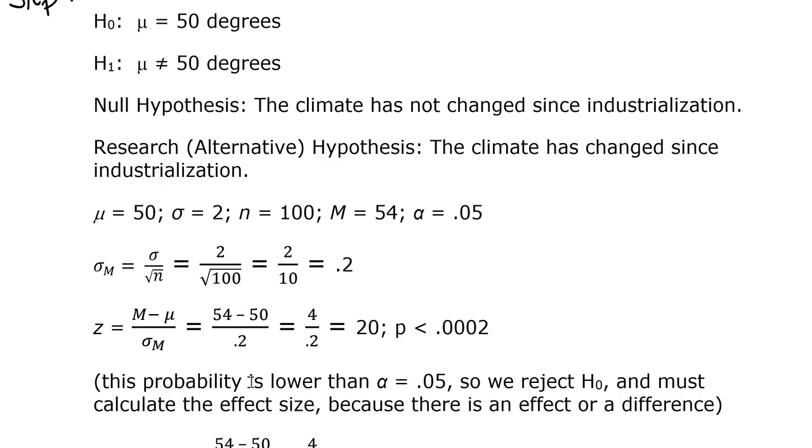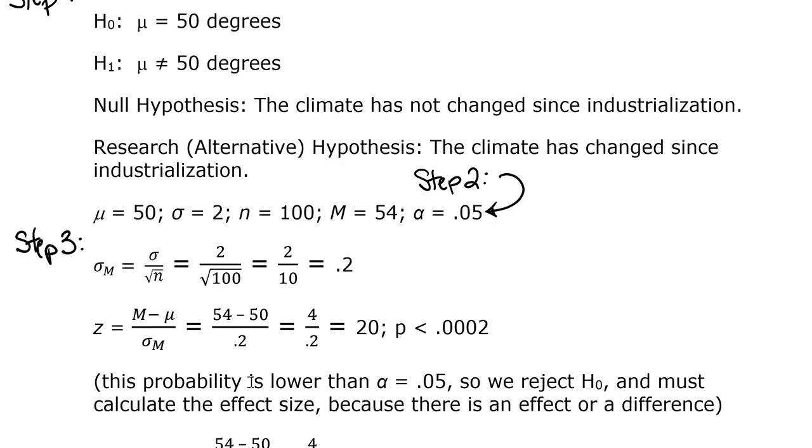So step 2, this is step 2, right? Set the criteria, which again is given to us with alpha equal to 0.05. So mu is equal to 50, sigma is equal to 2, n is equal to 100, and sample mean M is equal to 54. So again, next step, step 3,